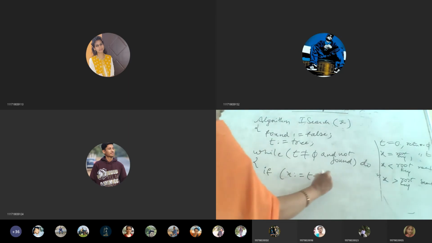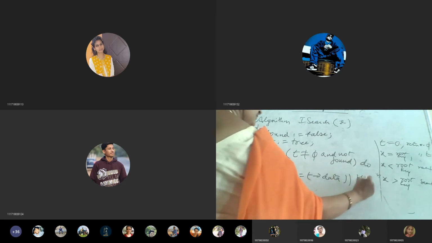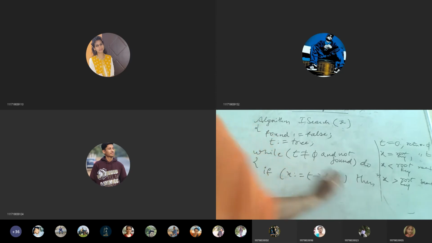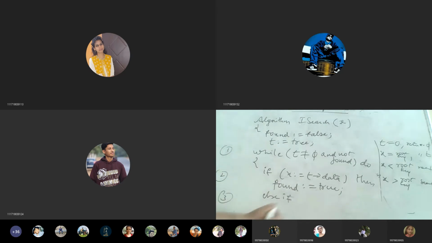Okay, so here if x is equal to T data, then found is equal to true. Else if, so this is our first condition, this is our second condition, third condition I am writing.